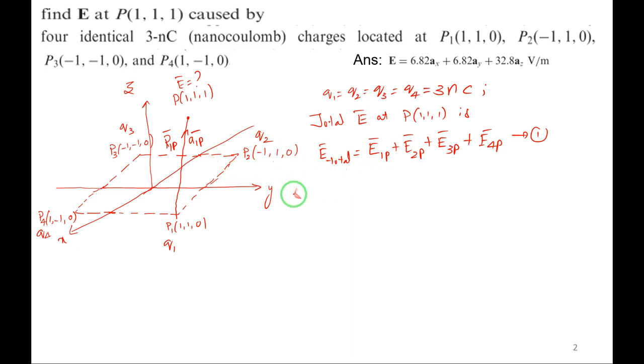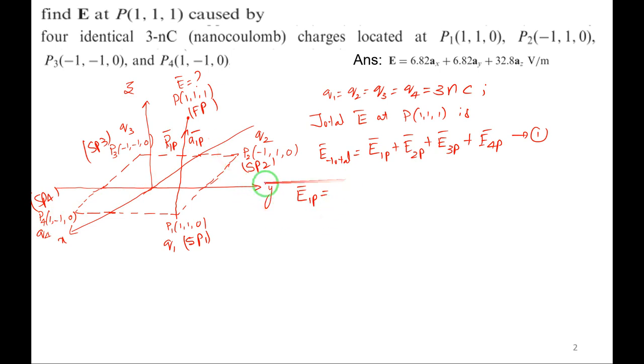See here, what is E1P? I'll write only for E1P. What will I get? E1P is equal to the source point. See here, for the first point, first charge, this is the source point, SP, and this is the field point for all. If I consider point P2, this is another source point 2. This is source point 1, source point 3, and this is source point 4. There are 4 sources and 1 field point, right?